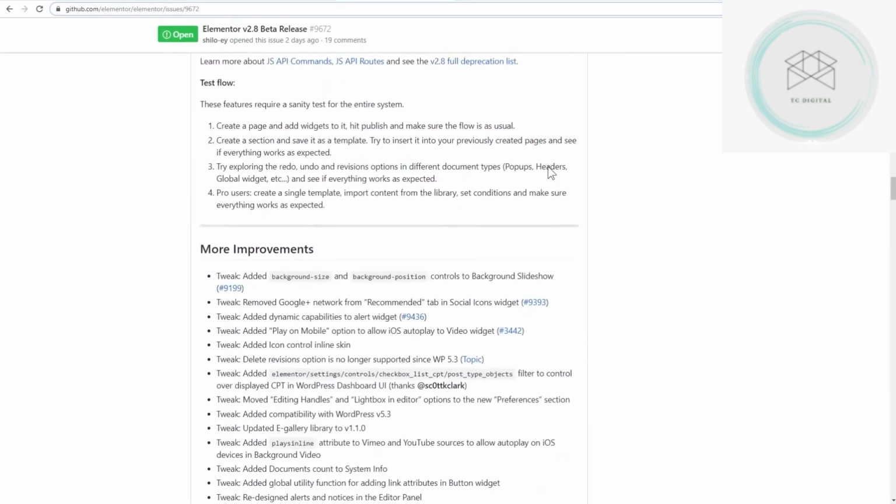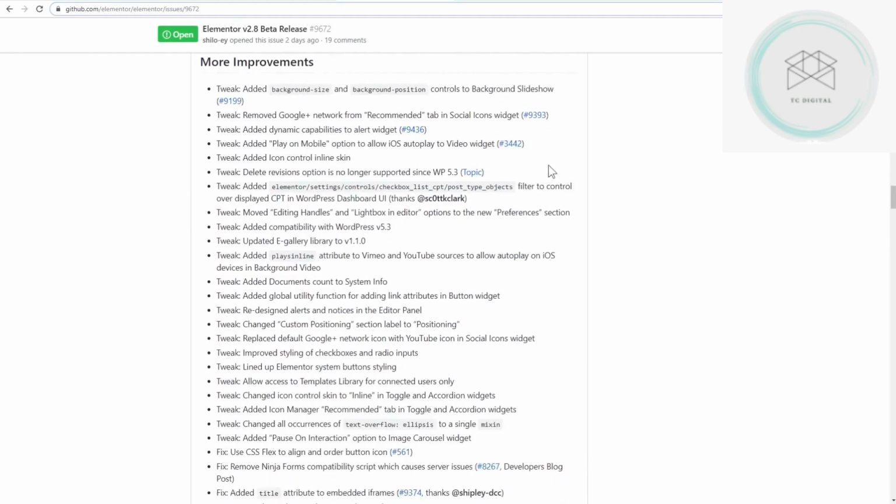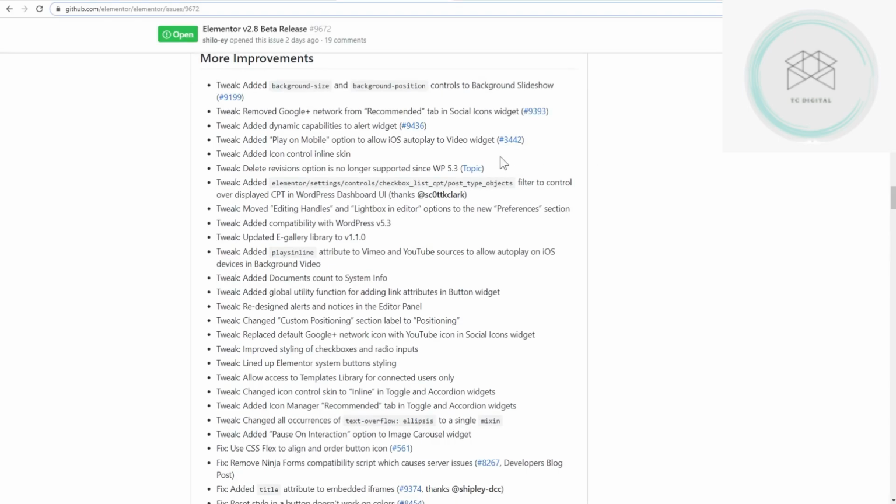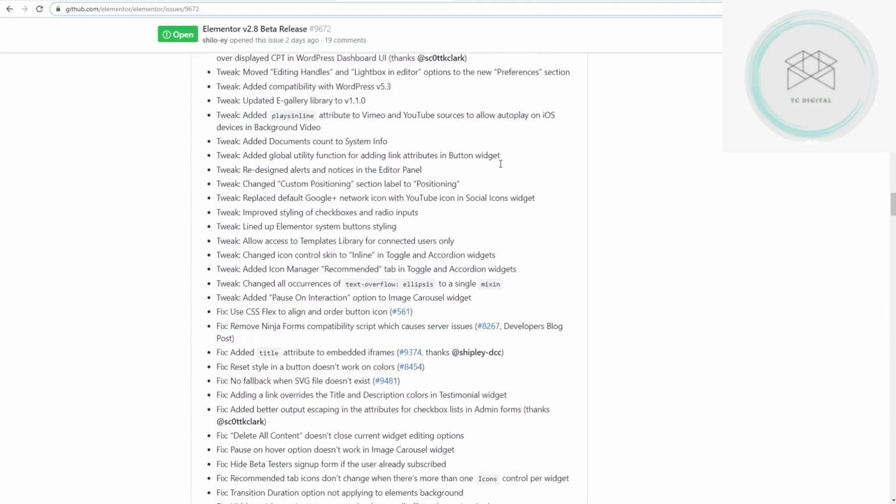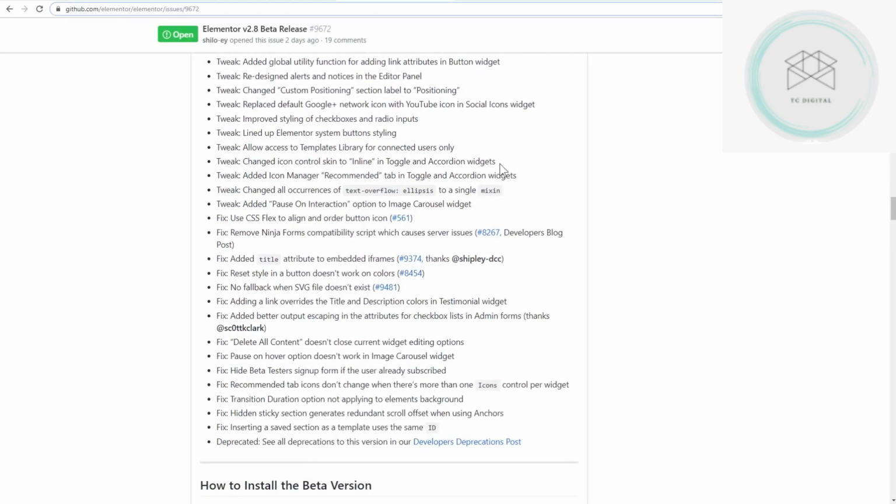All right, here we are on the list of improvements, and there's just a long list of tweaks and improvements. So they're really listening to users and what they're saying they want improvement-wise, and they're delivering on it. There's some really neat stuff in here regarding playing videos on autoplay. So when someone visits the page on autoplay, it will play, but on mobile devices. That's a new option that is in Safari, so for all iPhone users. So there's new options for that. There's talk about the preferences. There's just a long list of improvements that are listed